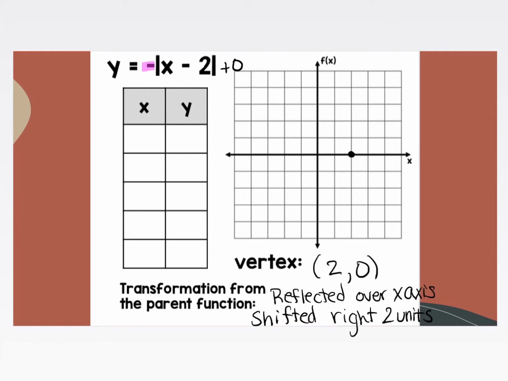So let's just graph our parent function now. And if we wanted to plot our absolute value function,